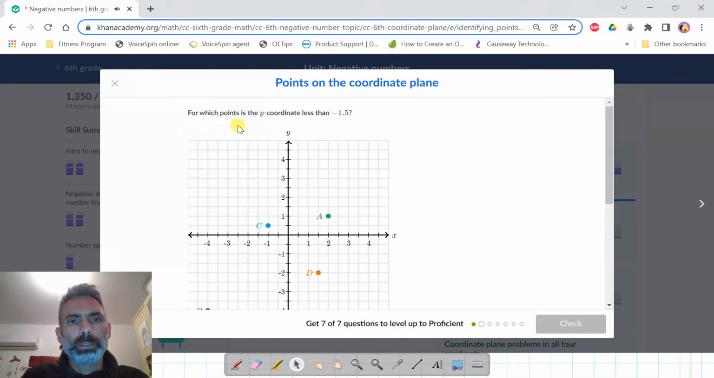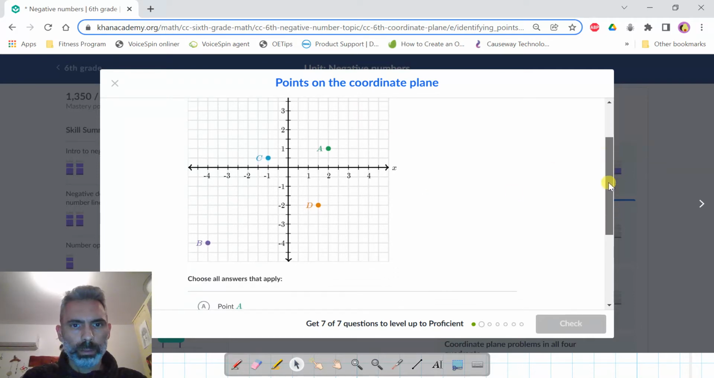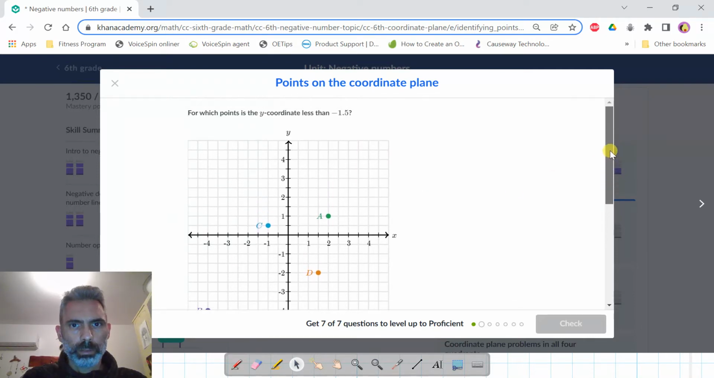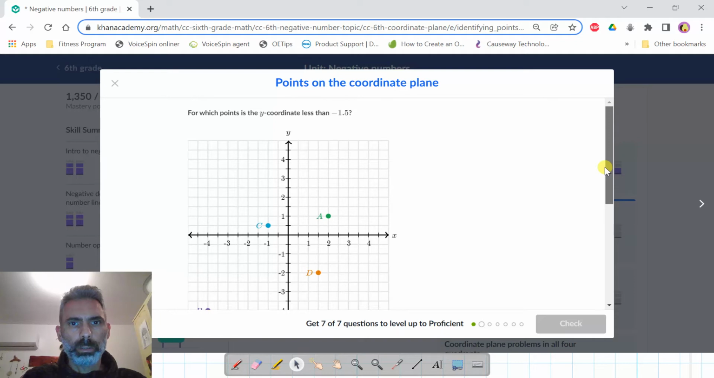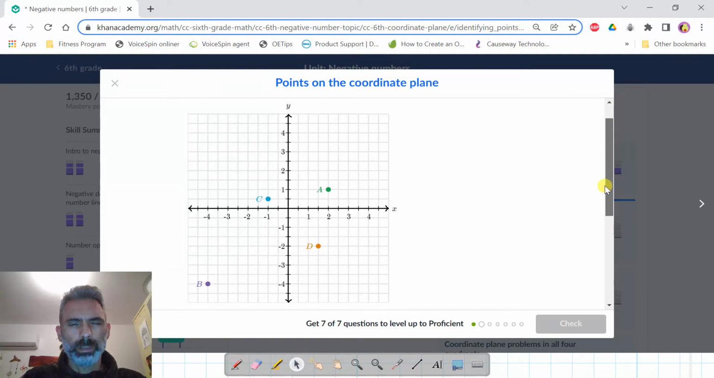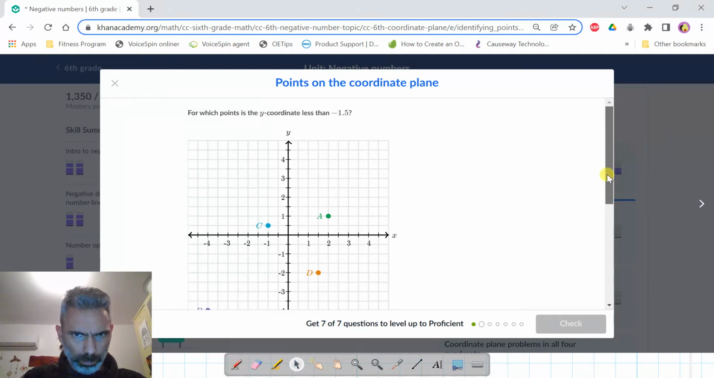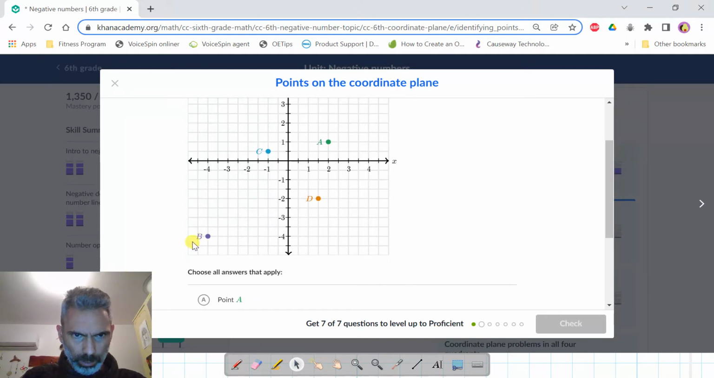For which point is the y coordinate less than -1.5? The y coordinate. For which point? Okay, so point D is on -2 on the y-axis. So point D is less than -1.5, and also B